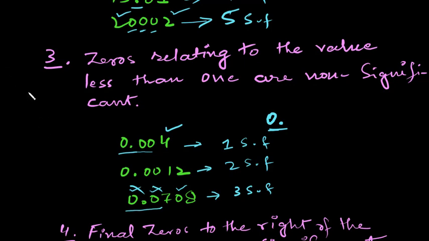Let's suppose I have a value 0.070809. In this value, these two zeros are not going to be considered significant figures, because according to rule 3, those are the left zeros,